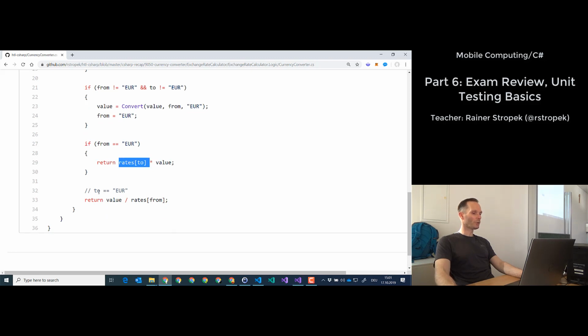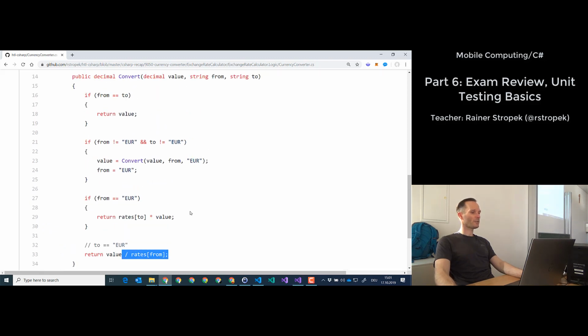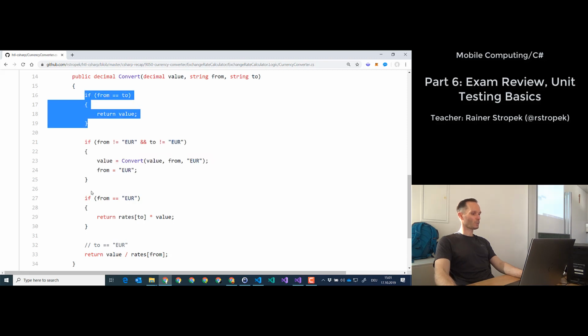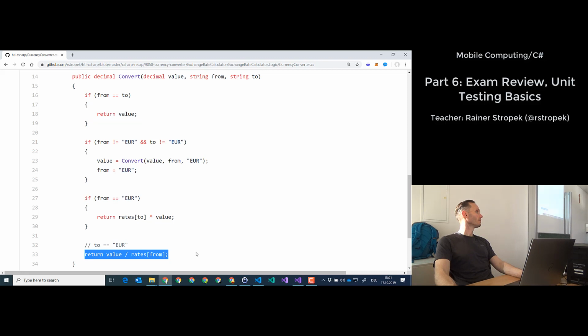If it is to euro, divide with the rate. Get the idea? So that's essentially it. This one was optional. This one was extra points. So the thing that you had to write was just this one, and this one for the basic solution. Got it? And of course, I could now copy this method into my code, write a unit test again, but